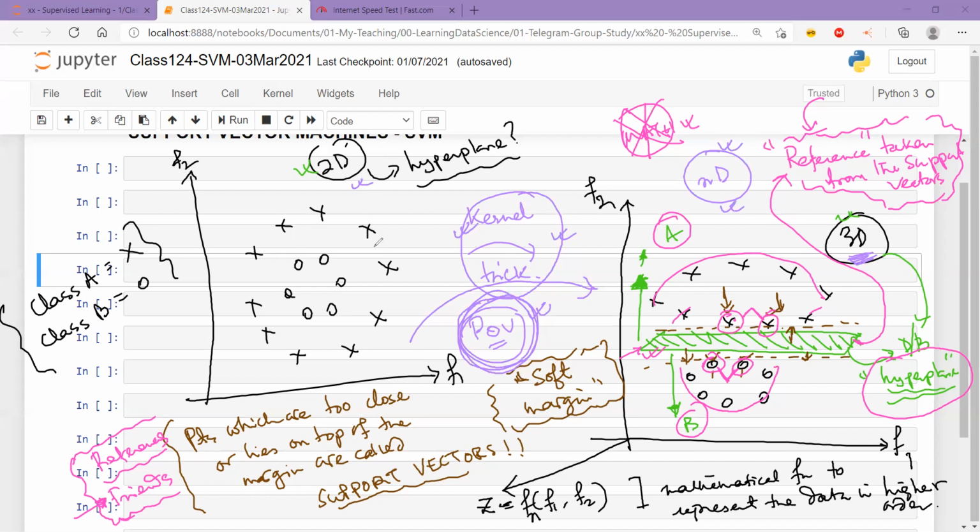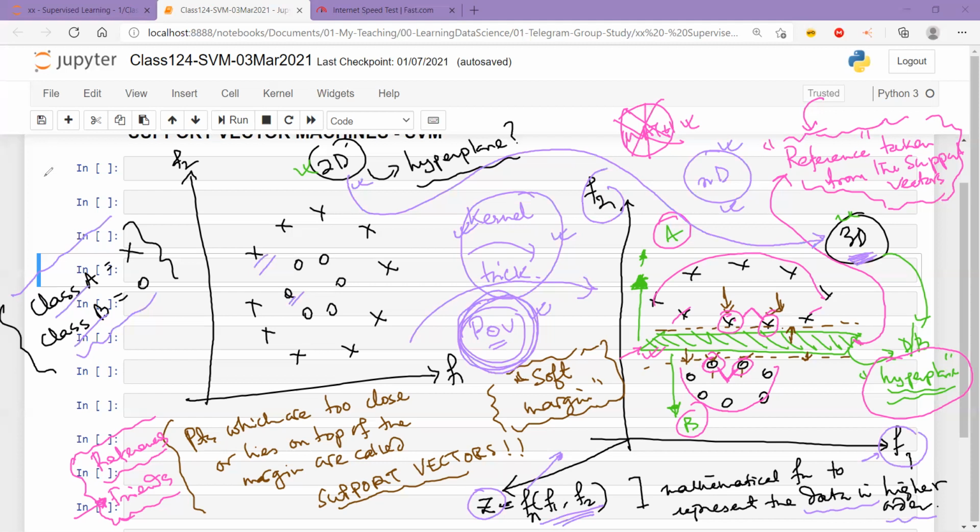That is the reason why we are limiting ourselves to a very easy example like two classes, represented by x's and zeros, and we are then transforming our 2D representation to 3D representation by creating what? By creating this third feature, z, which is some function of f1 and f2. I may or may not necessarily define this function, but you can say this is just a mathematical function to represent my data, as already represented by the features f1 and f2, in a higher order.